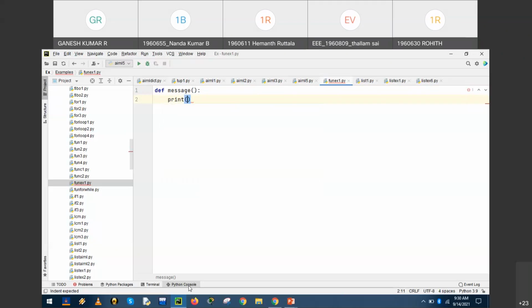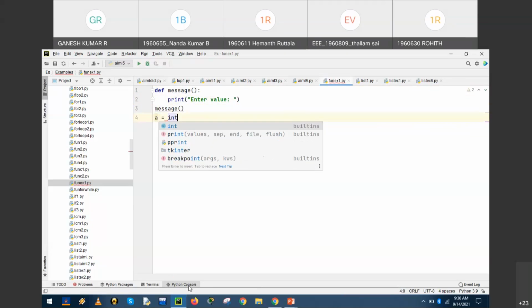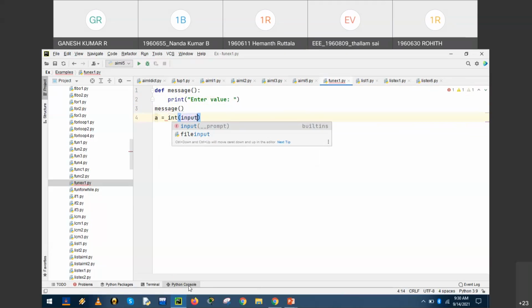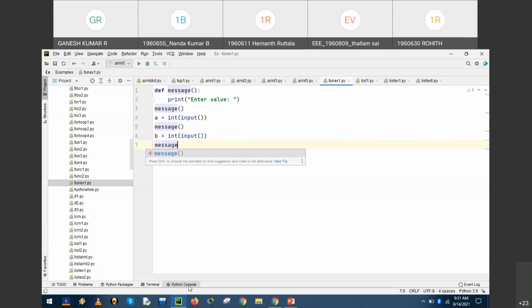Print enter value. Call the function. a is equal to int input message. b is equal to int input message. c is equal to int of input message.